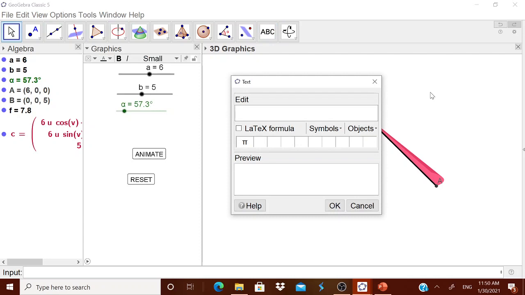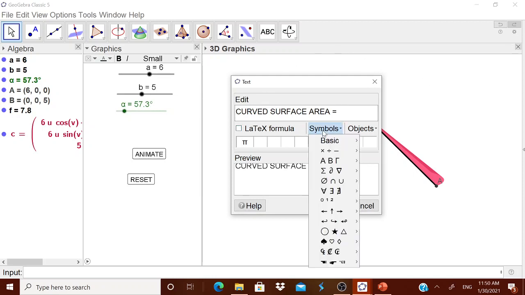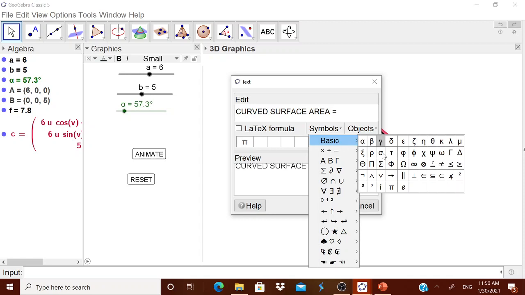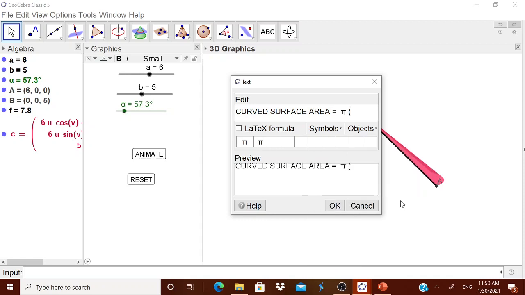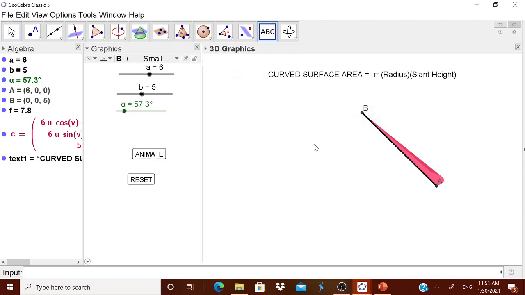Therefore curved surface area is equal to, you can tell the children the formula. You can go to the LaTeX formula or you can go for the symbol also, from the basic symbol, pi into radius into slant height. Now the child will be asking what will be the radius.